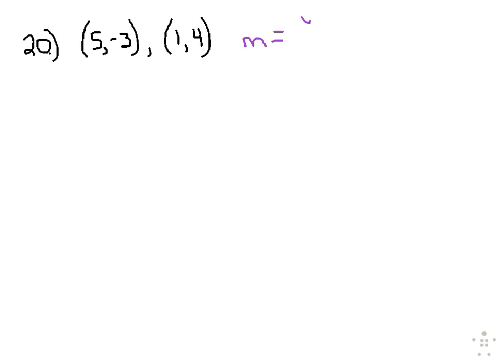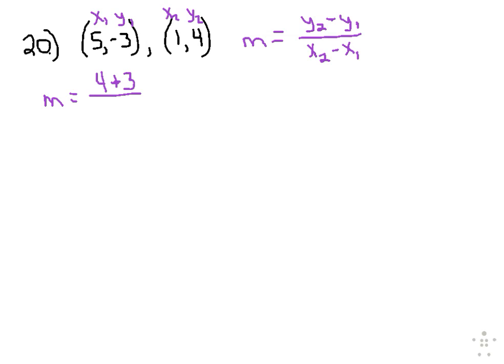So change in y's over the change in x's, and I like to label x1, y1, x2, y2, and so slope is equal to 4 minus negative 3, so it's actually 4 plus 3, and 1 minus 5. So this is 7 over negative 4. So our slope here is negative 7/4. Right, negative 7/4. Now, we know the slope and we know a point, so let's go back and use our